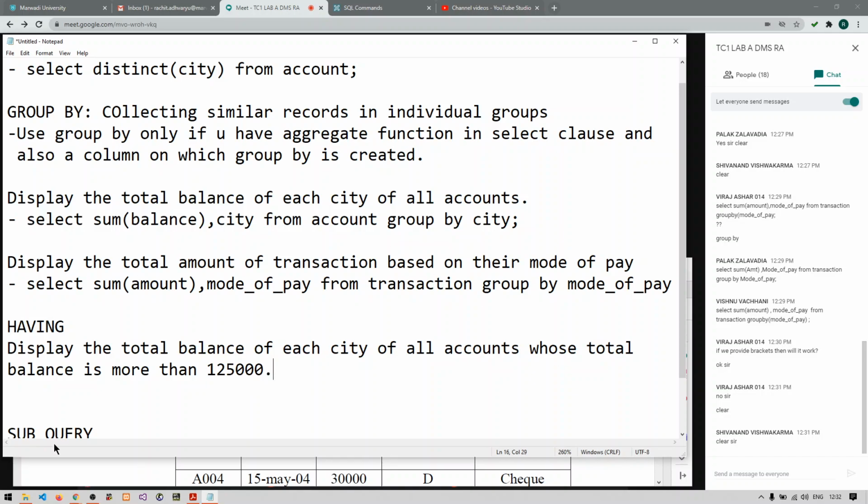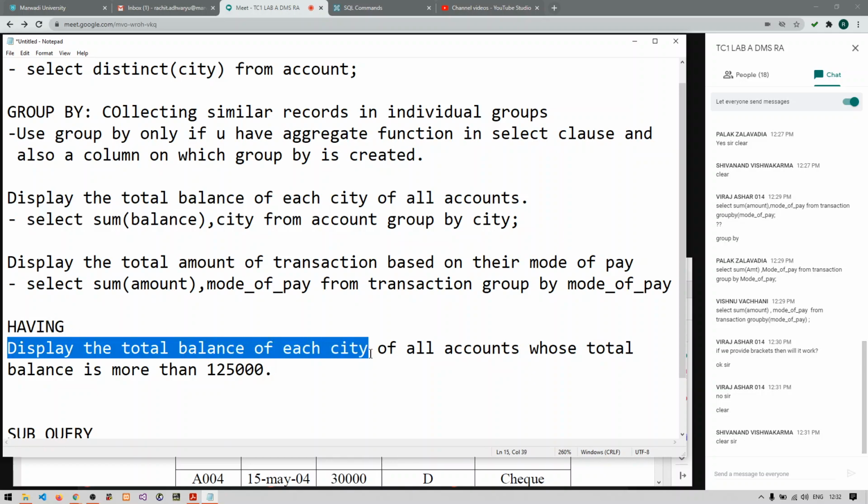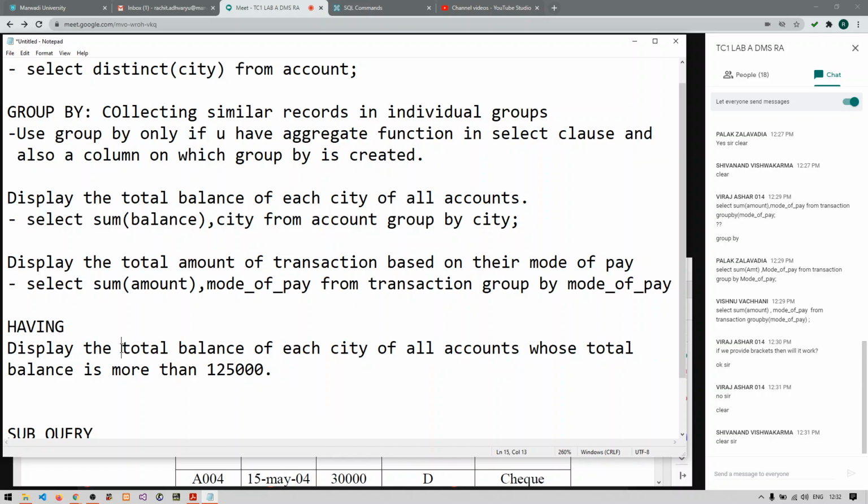So what you can see here, we have to group the city and get the total balance of each of the city, right? And then it is giving me one more condition, that only display those data whose total balance is more than 1,25,000.